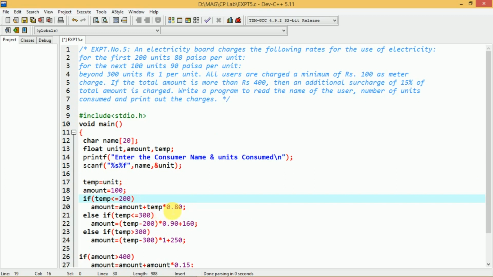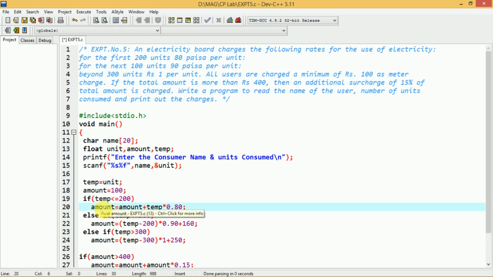So temp into 0.80 gives you the actual charge. To this you have to add the 100 rupees fixed charge, which you have stored in the variable amount. That's why we write amount plus temp into 0.80. It gives you the total amount, which is assigned again to the variable amount. This is the first part.